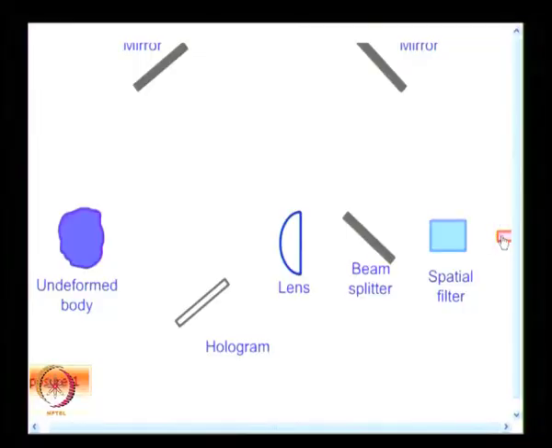Okay. So, what I have here is a light source, and the next component is a spatial filter. This spatial filter has a pinhole and also a lens. Then I have a beam splitter, then another lens, two mirrors, an object to be recorded for the hologram, and a holographic plate. You need to sketch this, and we will see the optical diagram.